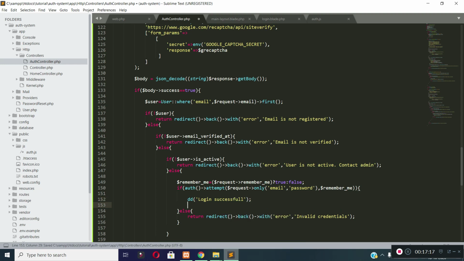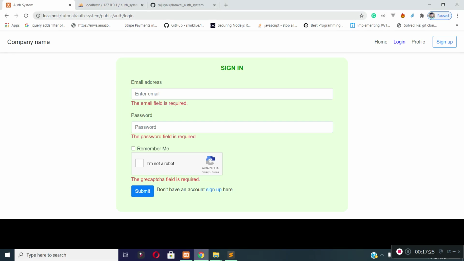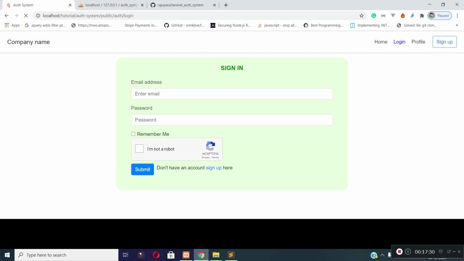Later I will redirect the user back to dashboard page when I will create the dashboard link for the user. Now let's check if our login functionality is working or not.